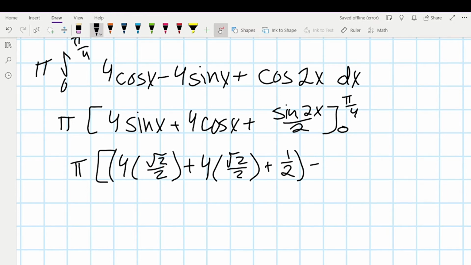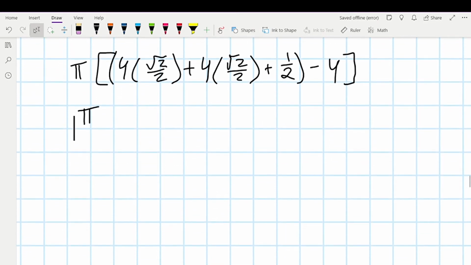And then we're going to be subtracting that by whatever 0 gives us. So sine of 0 is 0, times that 4 would be 0, plus 4 times cosine of 0, which is 1, will be 4, plus sine of 2 times 0, so 2 times 0 is 0, so sine of 0 is 0, over 2 is 0, so we can go ahead and leave those other ones off. And just to simplify this further,